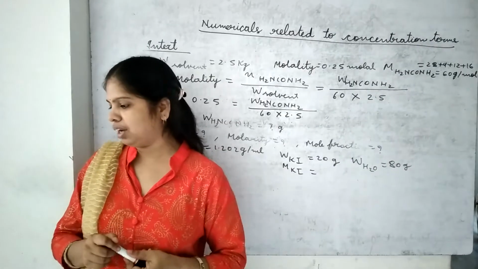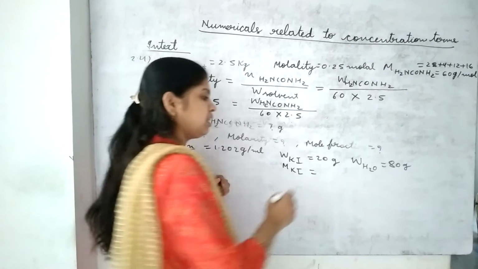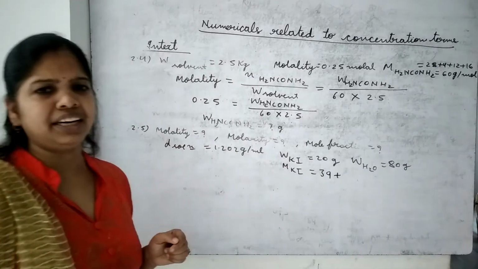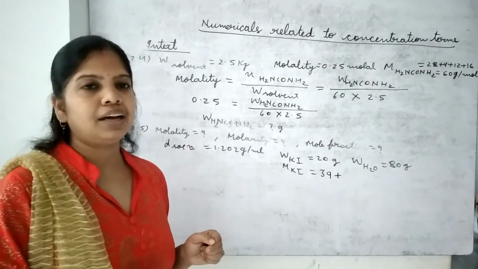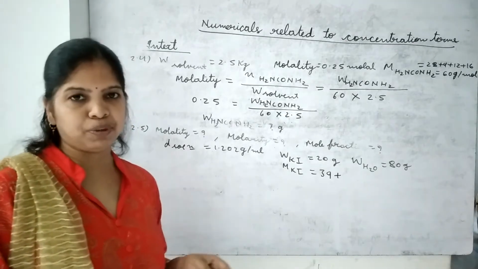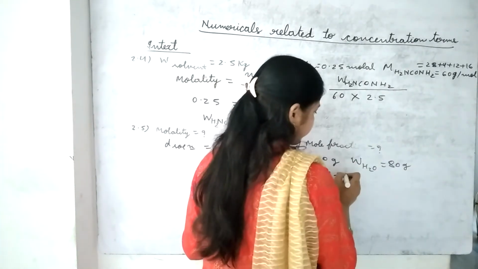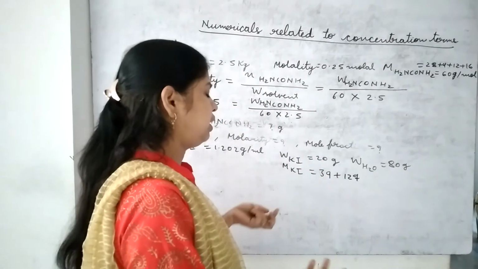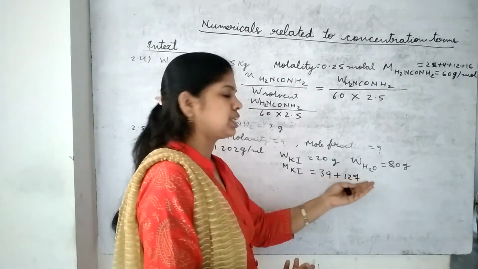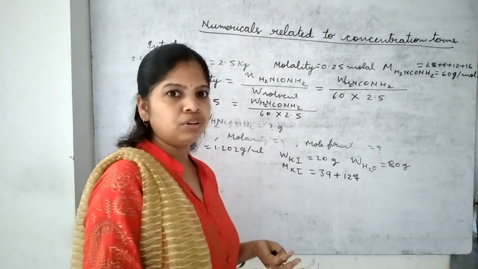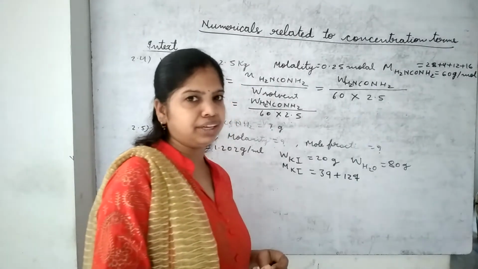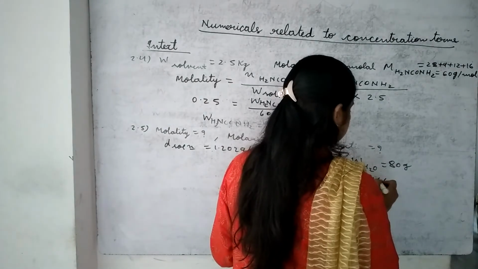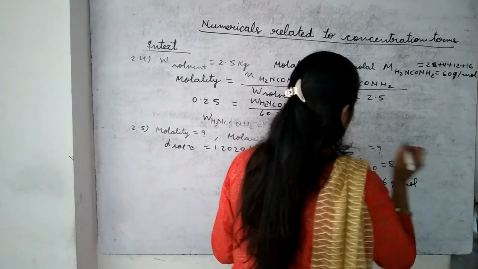So what is the molar mass of potassium? It is 39, actually 39.1, and 0.1 is negligible, and for iodine it is 126.9. So we are writing 127. Finally it will be the same. If we take 39.1 and 126.9, then also a similar value. And if we take 39 plus 127, then also the value will be similar. So this is 166 gram per mole.